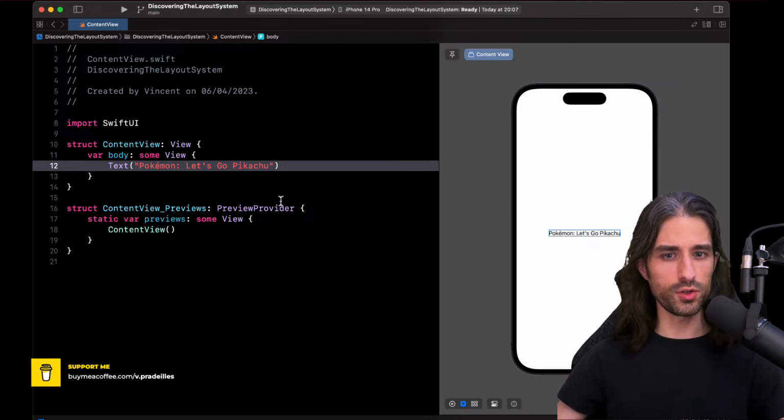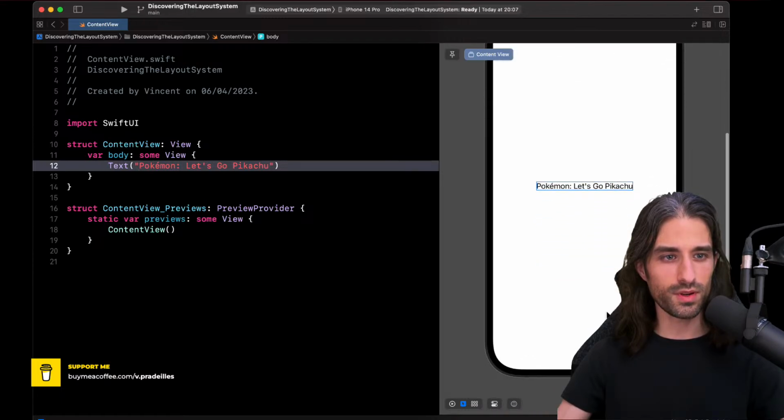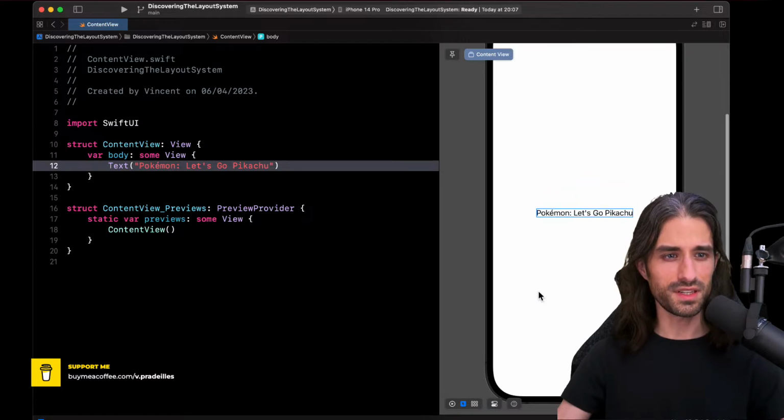What changes when you put the preview in Selectable is that, as you can see, when I go over a part of the code, the corresponding widget on the view gets highlighted. And so here the Text view gets enclosed by this blue border. I'm going to zoom a little bit also so that everyone can see it, something like that.